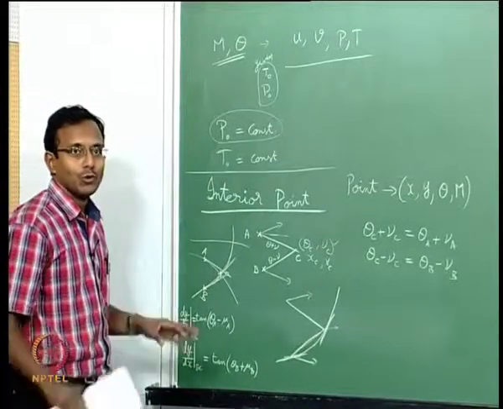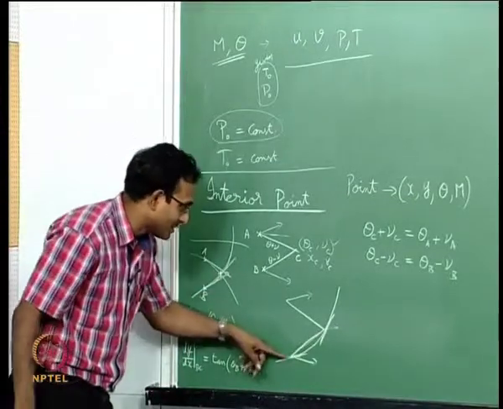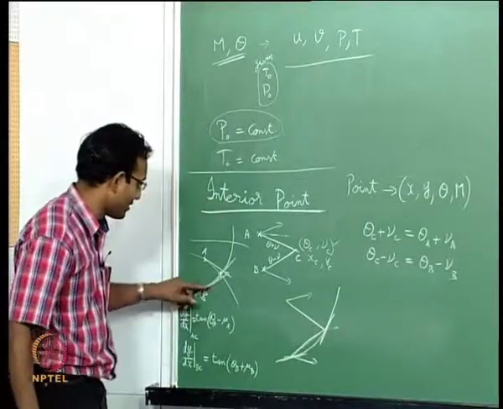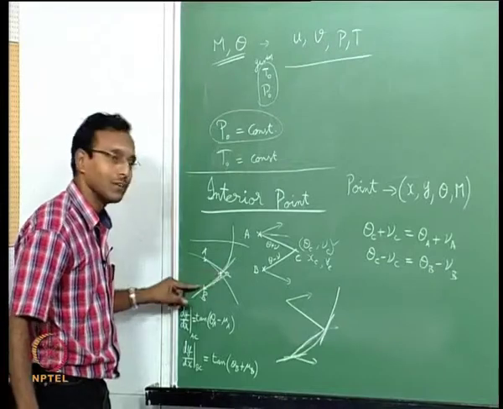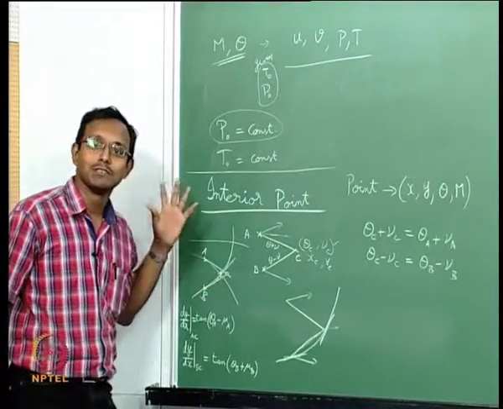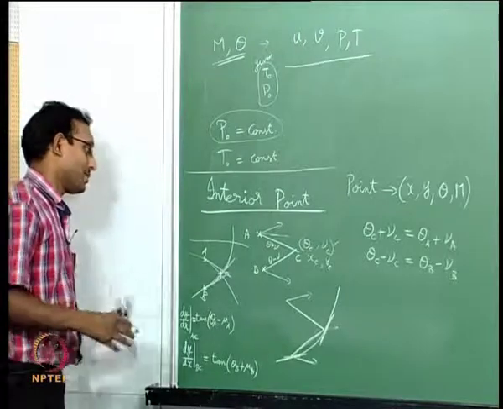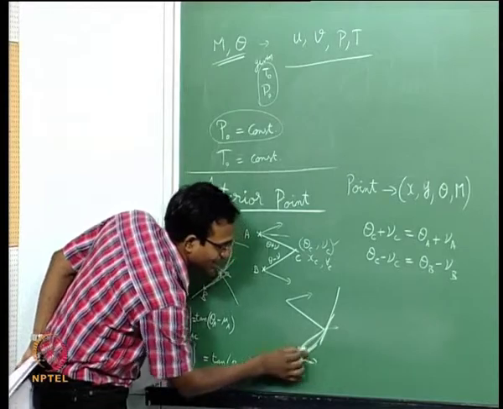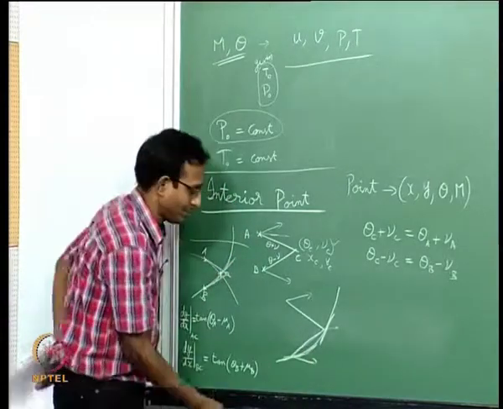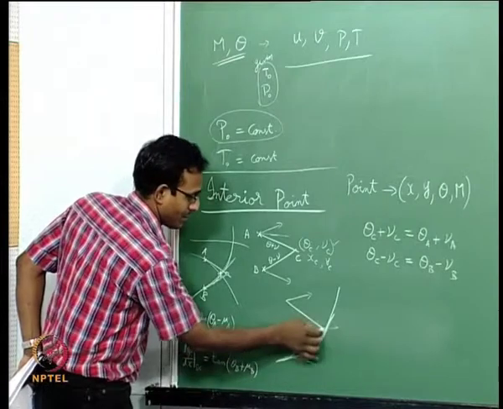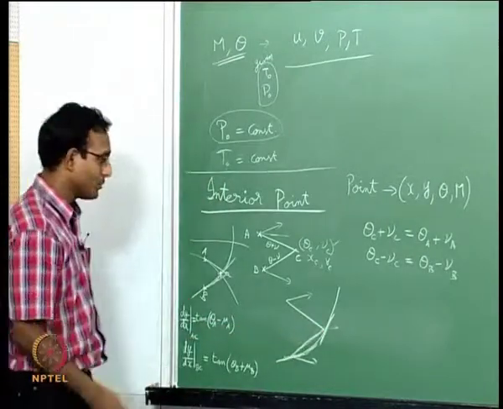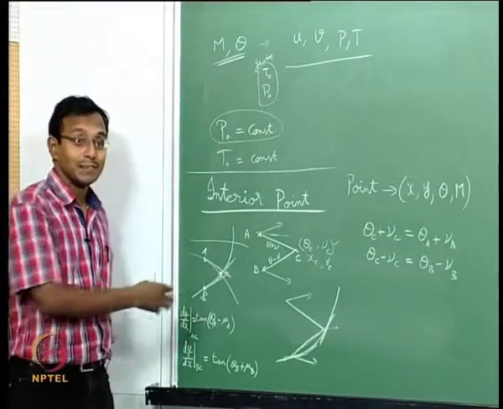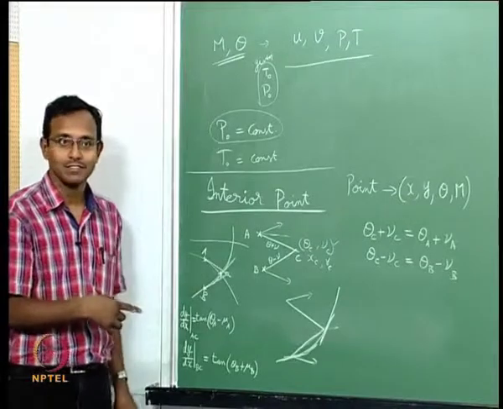If you do numerical methods, you will find that I am approximating this curve to be a parabola at that point. Instead of it being a straight line, I am assuming it to be a parabola at this point. I am interpolating in slopes, which means it will become a parabola. That is the idea. I am using the slope at the midpoint as the slope of this line. If I use this, this will give me a closer approximation. It will not be very, very bad. That is the best we can do because that is all the information we have.